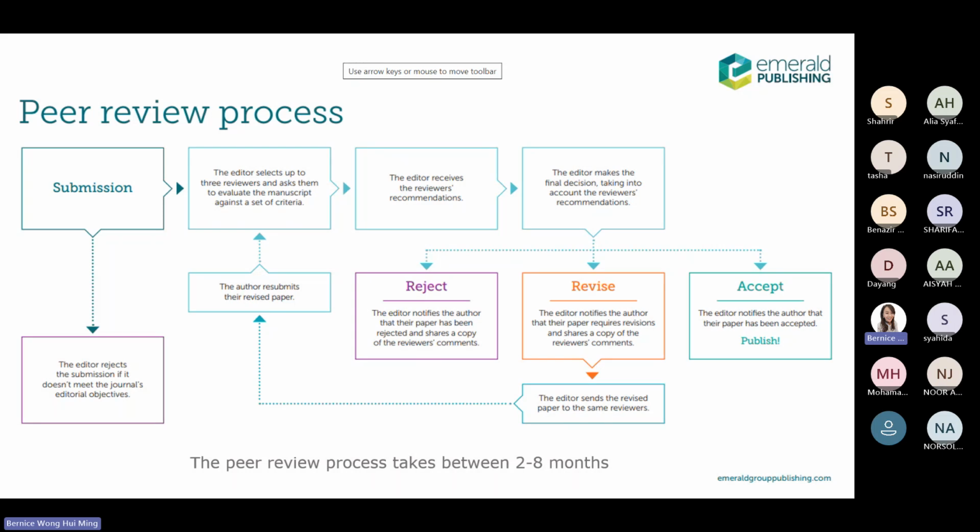The second is a revise. The editor thinks this paper can be better, so they will give you some comments to do the revisions. Then please do the revision in the timeline that they provide. This process may go through a few rounds. If they require you to revise and revise, the process will go back and forth for revision. If your paper gets a revision, you should be happy, because there is a high chance your paper can get published.